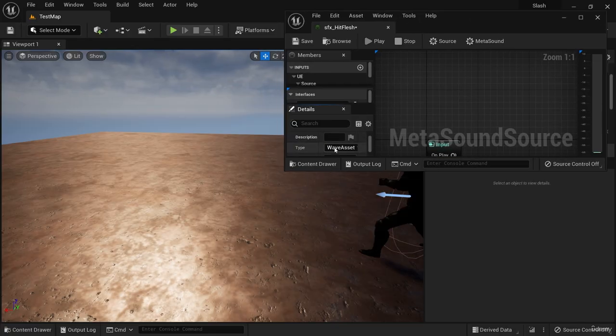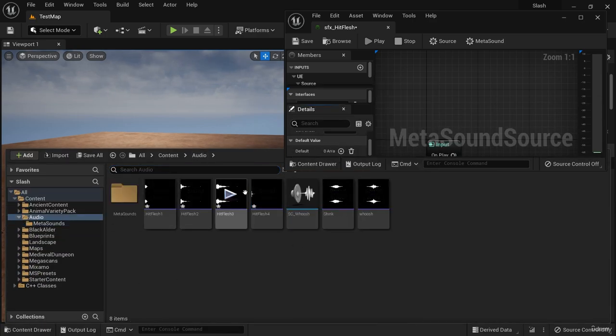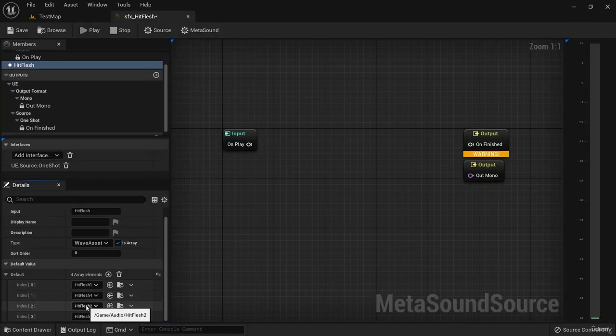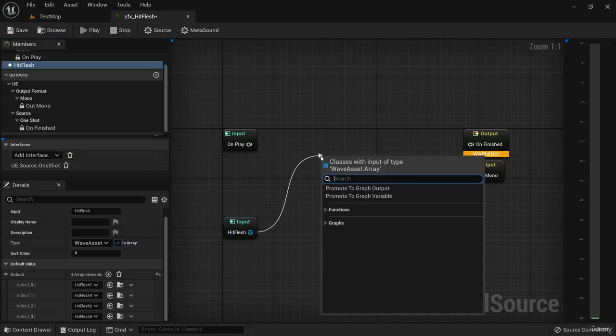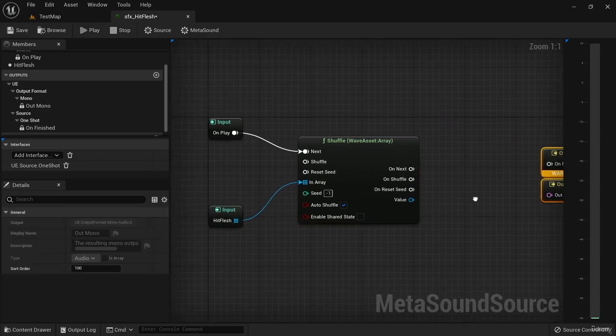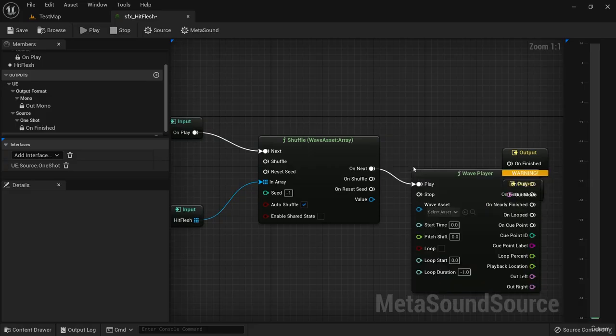So I'm going to bring this tab up here so I can see that default value and get my content browser open to my audio folder so I can select all 4 of these hit flesh wave assets and drag them right in to the default values. And now our input array has 4 inputs. And we're going to drag that hit flesh straight in, and right off the bat, we'll shuffle them. So let's get shuffle, and we'll hook up our on play straight in to next. And we're also going to need a wave player. So from the on next output of our shuffle, we're going to search for wave player, get that wave player,